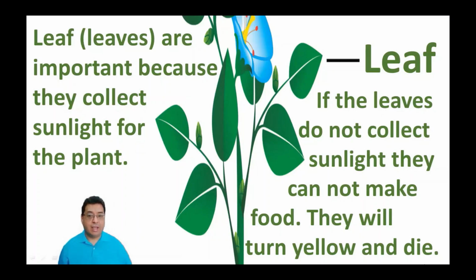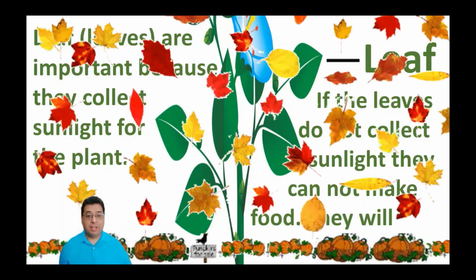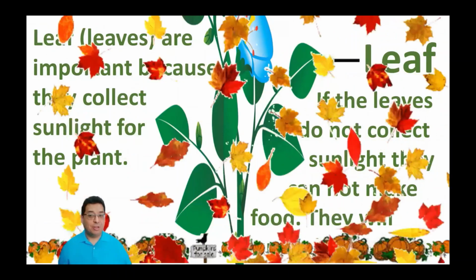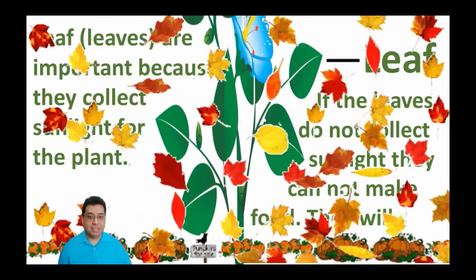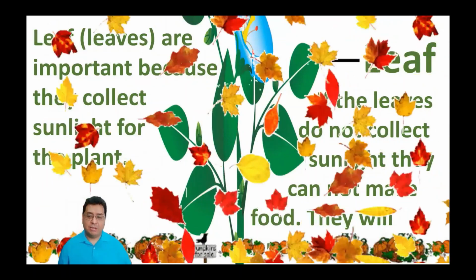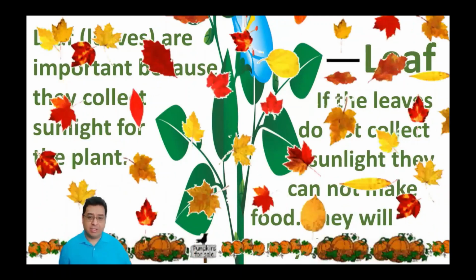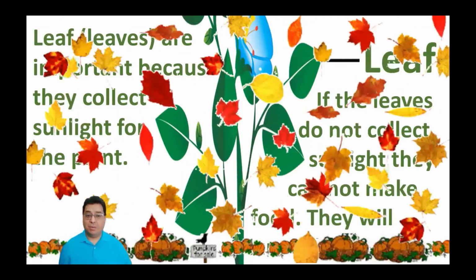So looking at this picture here, you can see the leaf is getting plenty of sunlight, so it's green. Now, if it doesn't collect enough sunlight or doesn't get any sunlight, they will turn yellow like you're seeing here, and they're going to die here. As you can see here, you've got yellow leaves. There's other colors too. There's like orange and reddish like that, but basically they will turn yellow and they will